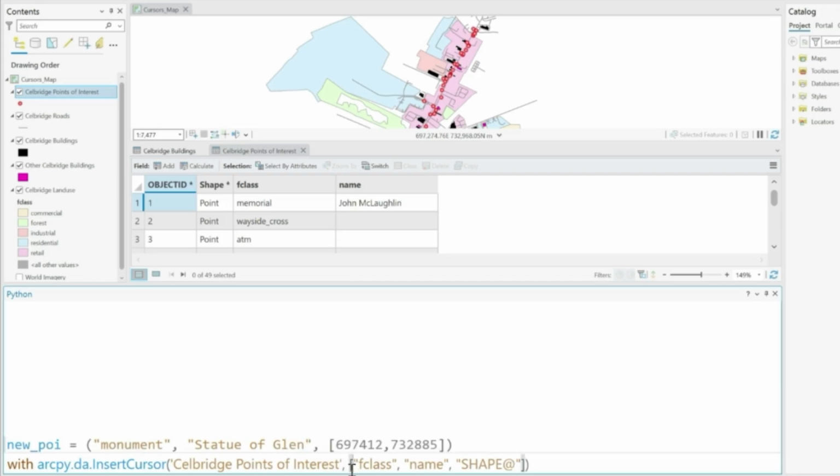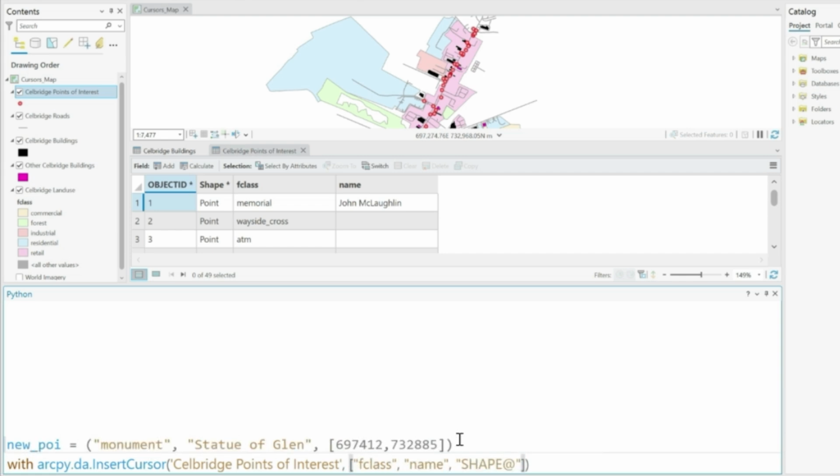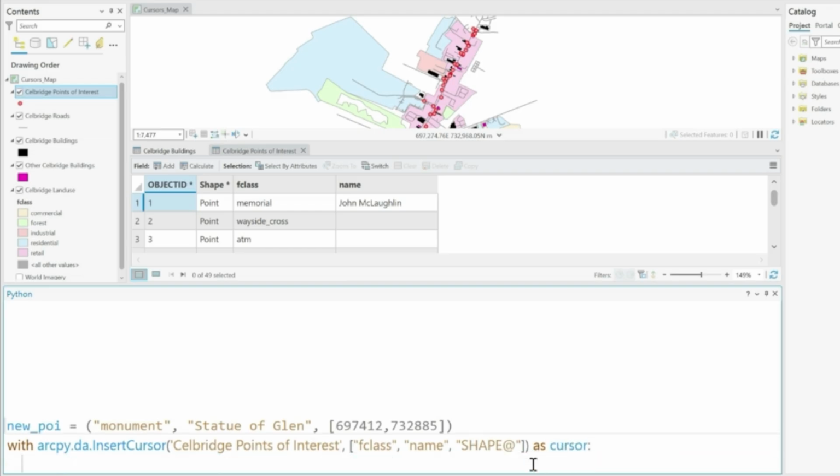As we can see, the length of this list for the field names matches the length of our tuple for our new point of interest. Our monument is going to be our F-class, Statue of Glen will be name, and our coordinates will be our shape. We'll finish off this line of code with as cursor and the colon and hit enter, and we'll use